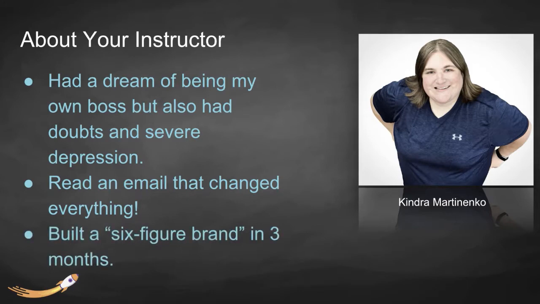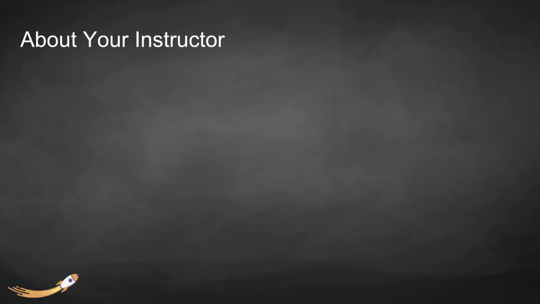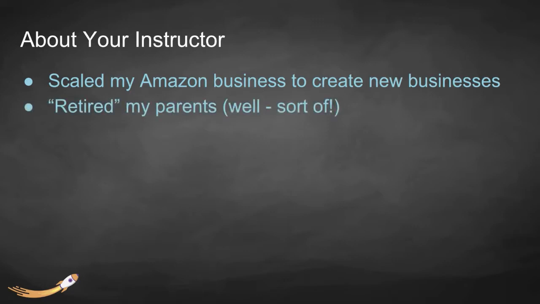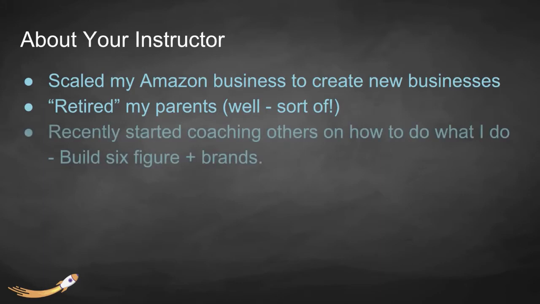And what I mean by that is that by 3 months' time, I was able to get a product up and selling on Amazon. Now, it took me quite a bit more time after that to actually build a 6-figure brand. But I was able to make it happen, and I was able to scale my Amazon business to other businesses, and not just on Amazon, but in other e-commerce areas and digital marketing areas as well. I was able to semi-retire my parents and help them achieve their own level of personal freedom as well. And now I'm giving back, and I'm helping people achieve similar success.